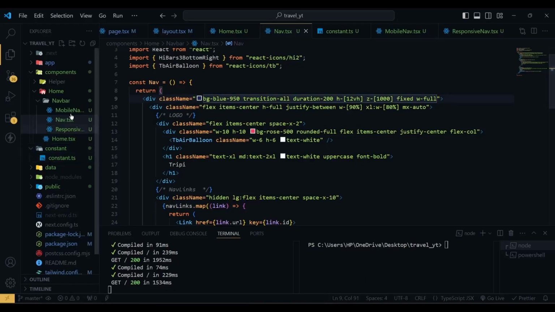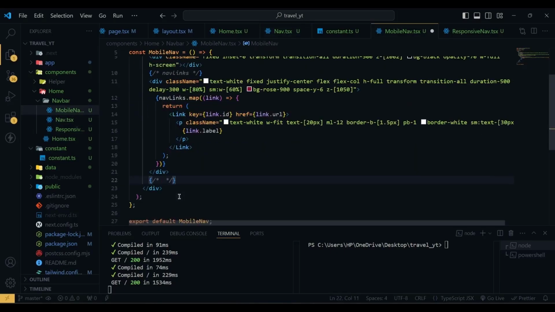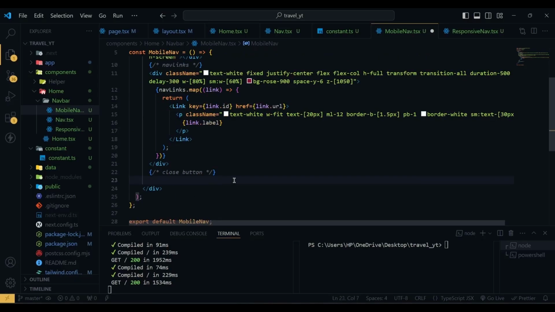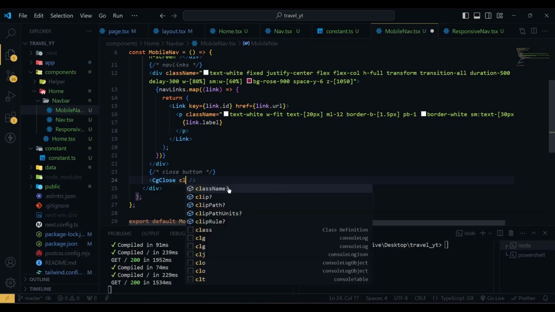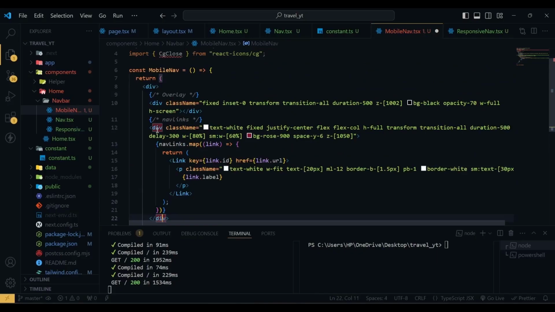So let's go to our mobile nav, and here after the nav link we have the close button. So here we are going to use another icon from our React icon. So we are going to use CgClose, and this one will have a class name of, and this one will be inside this div. So let's cut it, it will be inside this div,